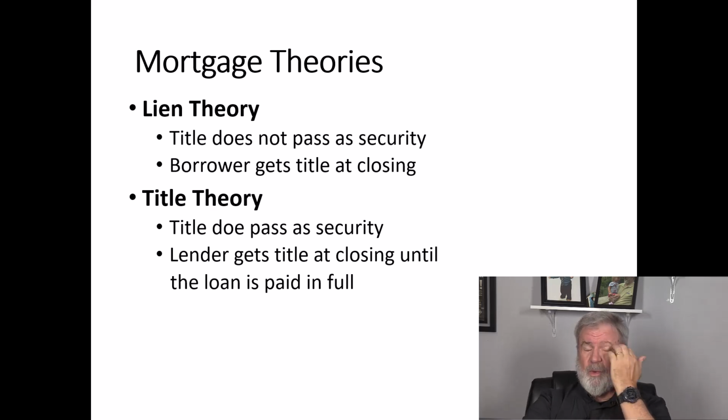And this is why, if the lender ever has to foreclose, again, depending on the theory that we're operating on, if it's a lien theory state, the lender basically has to file at least 2 lawsuits. One, they have to file a lawsuit to get title, because the lender can't do anything with that property unless they have title to it. So they will have to file a lawsuit to get the title to the property.